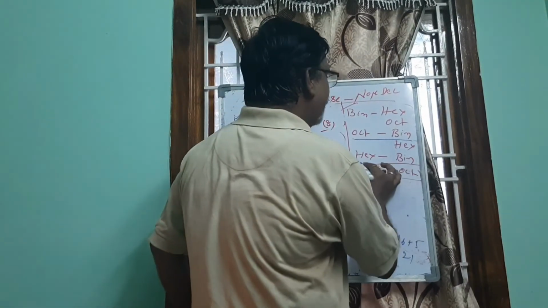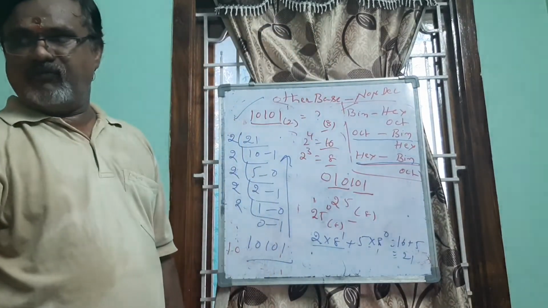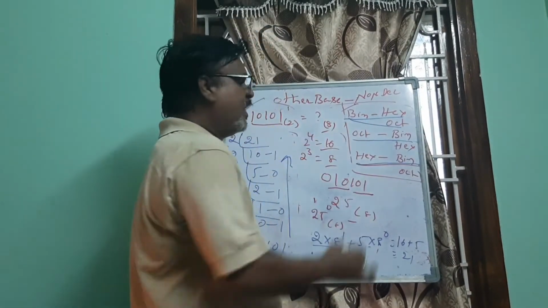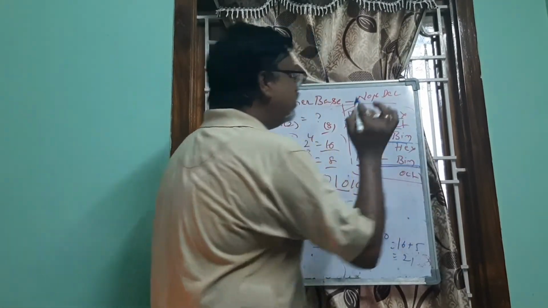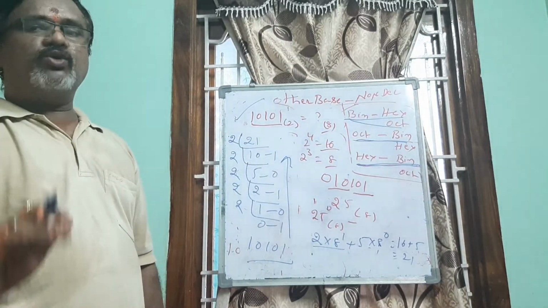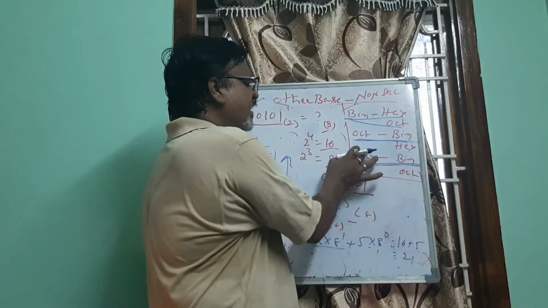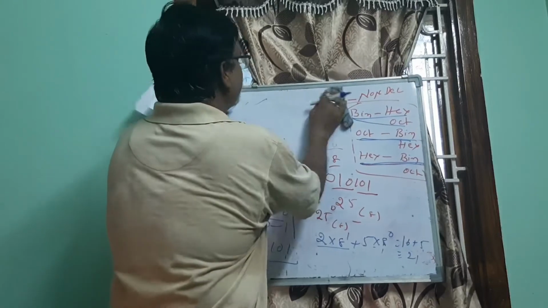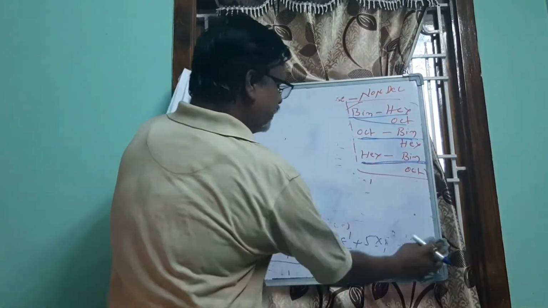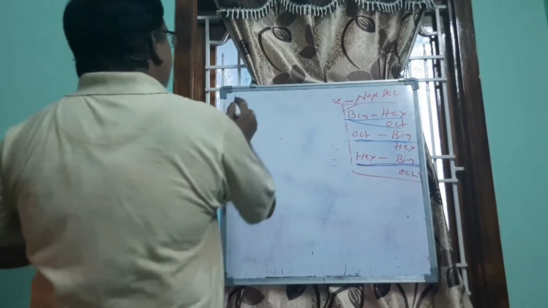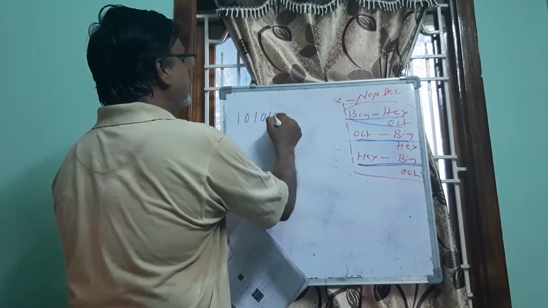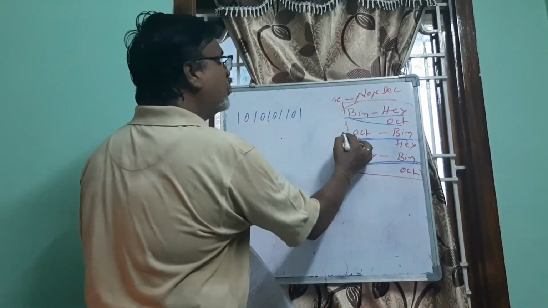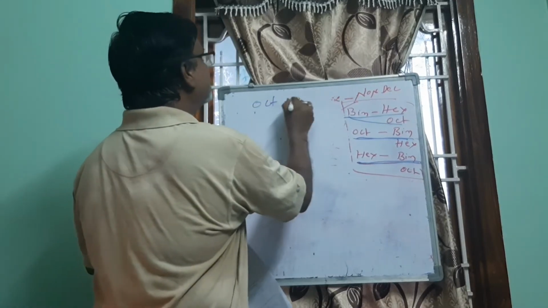So, octal to binary, hexadecimal to binary. These two also we did. Yes or no? Now, binary to hexa is over, binary to octal is over, octal to binary is over, hexa to binary is over. Clear? Now, how to convert an octal number to hexa or hexa number to octal? We will take these two examples now. So this is, sorry, we are going to convert an octal to hexa.